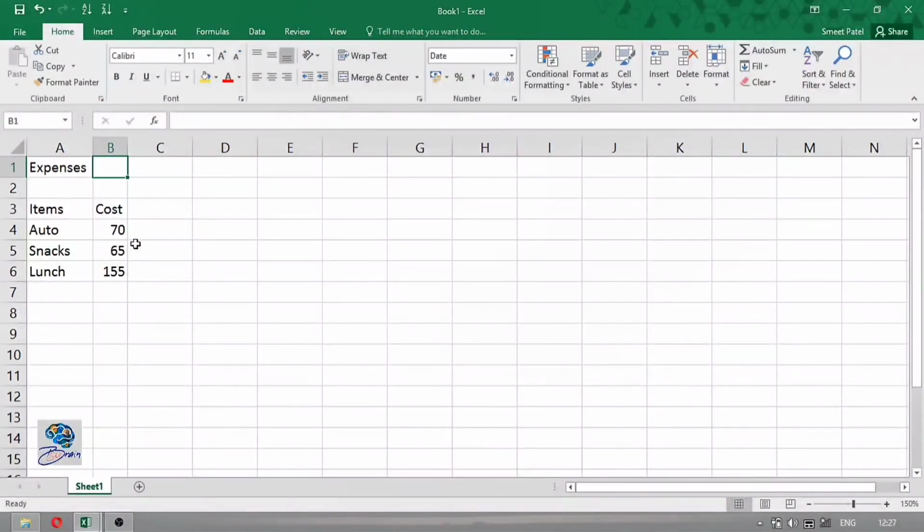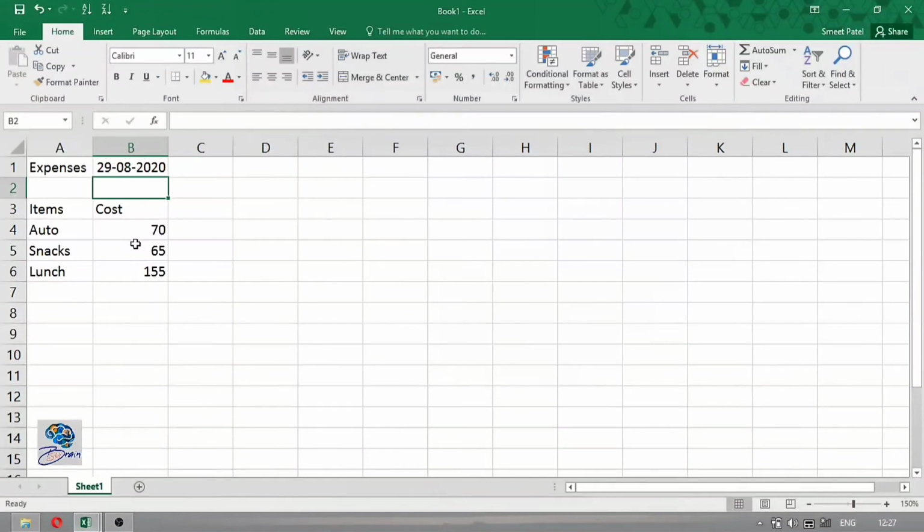Right now I will enter the date 29 August 2020. As I press enter, you have seen that the B cell has been automatically adjusted. The width of the B column is automatically adjusted.